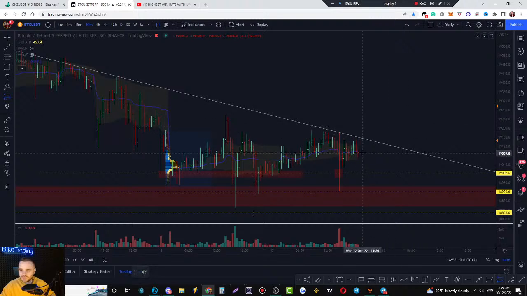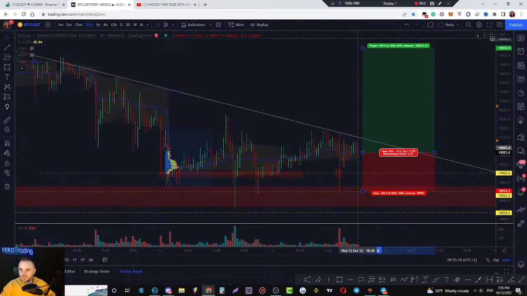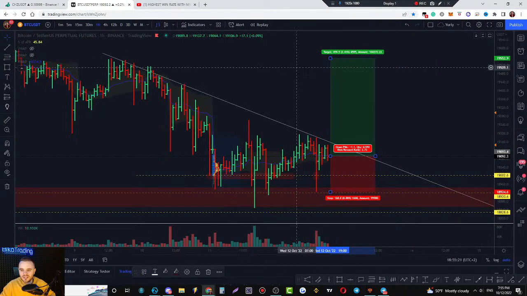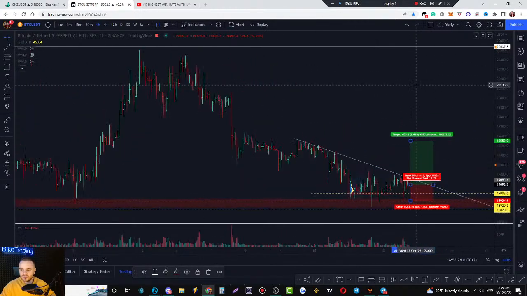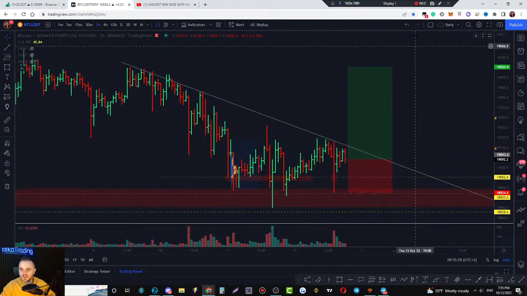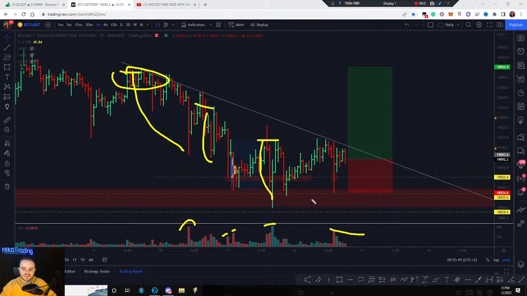Okay, we summarized that we took a long on BTC. Stop loss you can set below this tail, and let's see what is going to happen. Why I think even if this downtrend continues, we can still take a local buy at this moment: so many times volume entered exactly at the bottom. That means so many people bought, for example, you buy here, your stop loss taken, you buy here, your stop loss taken. So many buyers were slaughtered.